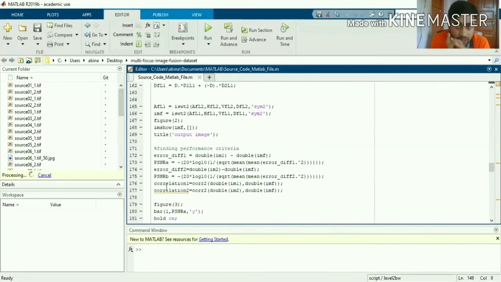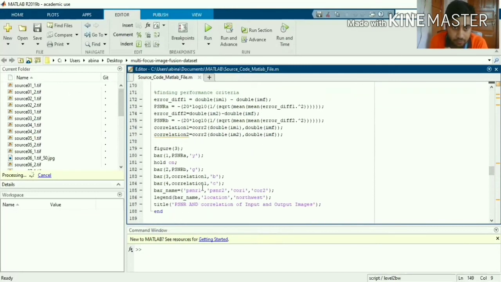And correlation also: we are comparing whether the output image is the same with respect to both input images, or whether it is deviated, or we are getting some outliers out of range. So we are measuring correlation also.